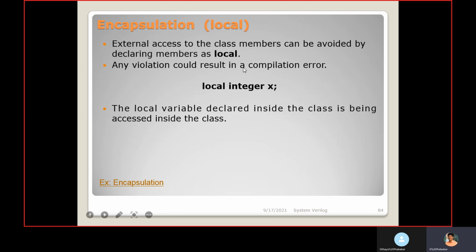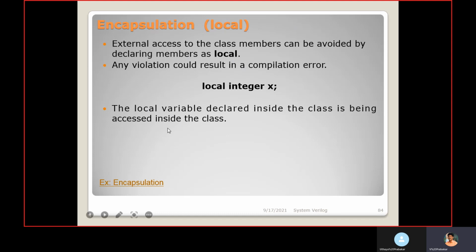Any violation will result in a compilation error. If you try to access the local variable, it will throw a compilation error. So this is the way you can declare local integer x. So x is a local variable, declared inside the class and being accessed inside the class.